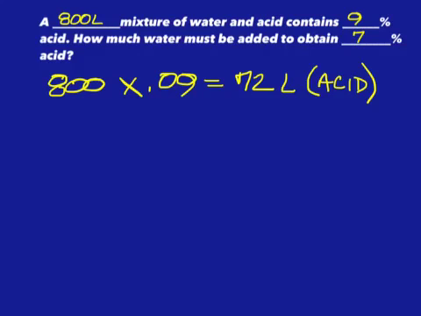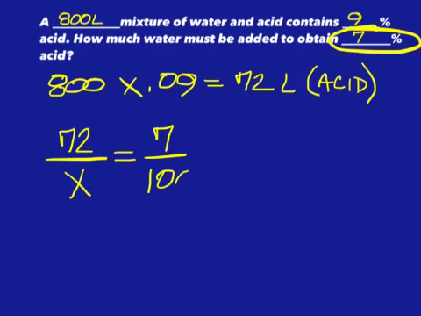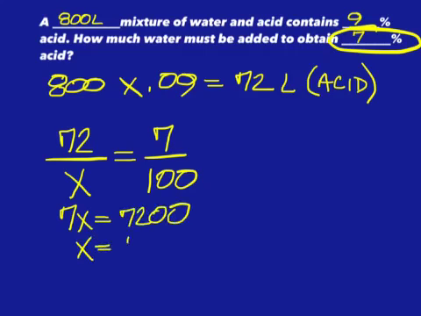Now we must figure out how much water must be added to obtain 7%. If you have 72 liters of acid, but you don't know what the new total is, but you do know that it's 7% of that new total, you set your 72 over x equal to 7 over 100, which is the equivalent of 7%. And then cross multiply to get 7x equals 7,200. Divide 7,200 by 7, and that will give you